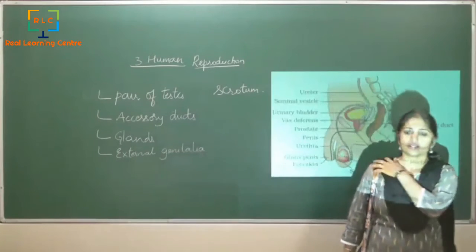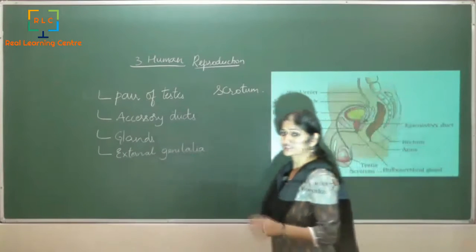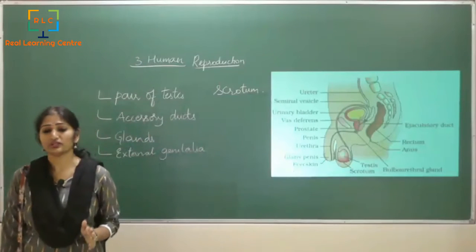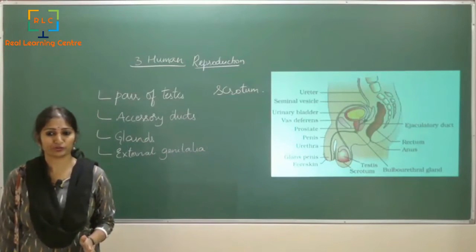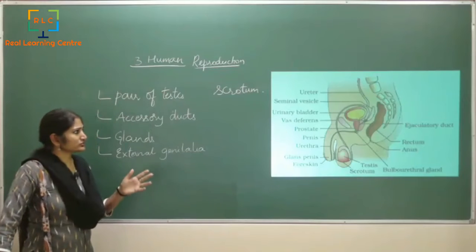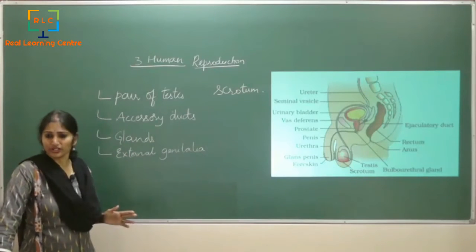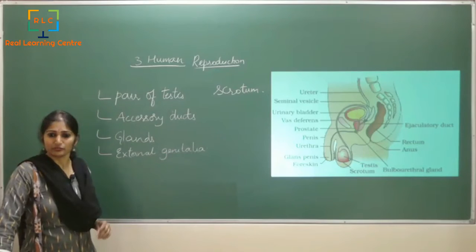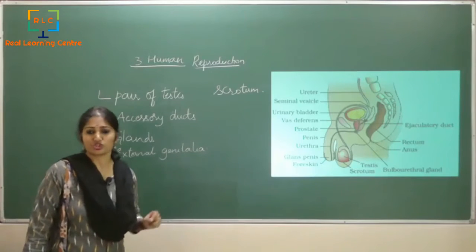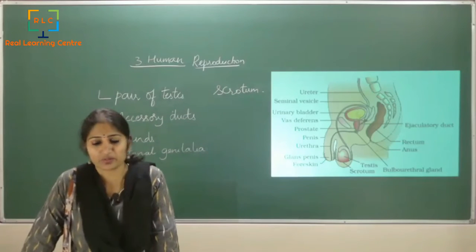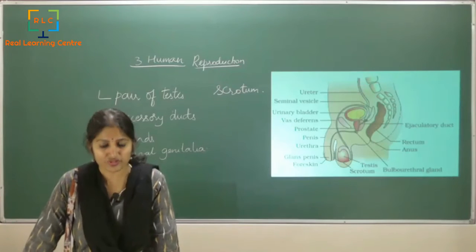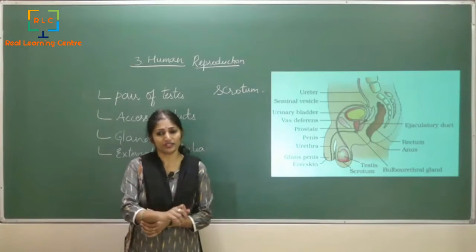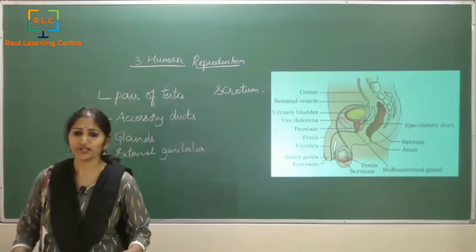You see that the scrotal sac's temperature is always around 2 to 3 degrees lower than the normal internal body temperature. Now why do you think that the testis has to be outside the body in a special sac-like structure? It has to be like that because only when the temperature is low can there be spermatogenesis. For spermatogenesis to happen, it has to be in a slightly lower temperature.